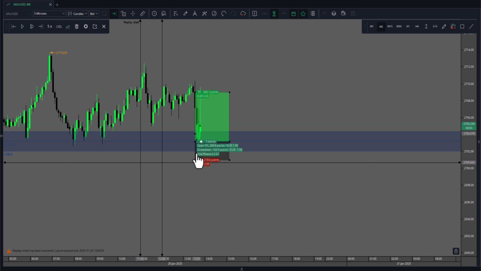You see that it took a very long time before price actually came all the way down, but that's where you should have entered your trade, right? Simple as that. Now the take profit levels should have been at this high right here, because